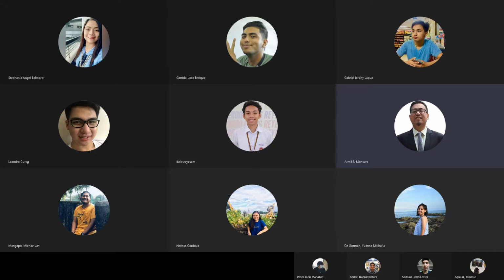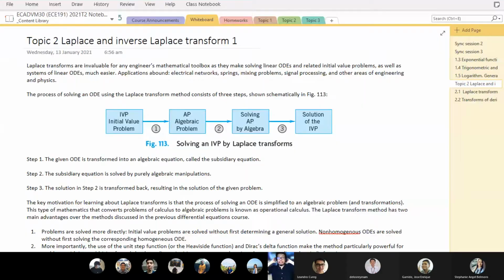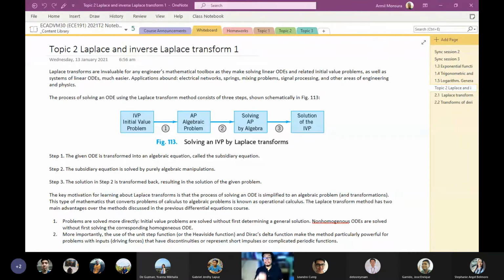Today, simulan natin yung panibagong topic. Okay, we will start with a new topic, which is the Laplace Transform. Okay, so for some, we have this feeling that the Laplace Transform is actually the very highlight of this course. Okay,